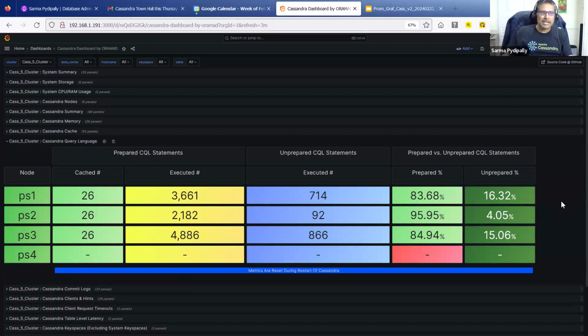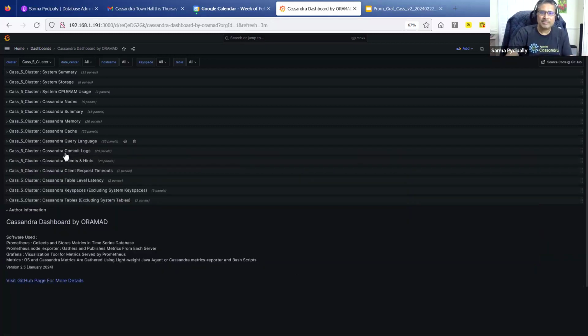On query language, I have used this before. My app team has a very bad reputation: they don't use prepared statements, and that's what is visible here immediately. If you had unprepared statements, you can see how many times they're executing them. Look at the last section, which tells you that 83% of the time it was a prepared statement, which looks good. On the second node, it looks much better; only 4% of the time they used unprepared statements. Now, if you don't get metrics for some reason, like I don't have metrics from my fourth node, you see those blanks, and I have to do some research on what is happening there.